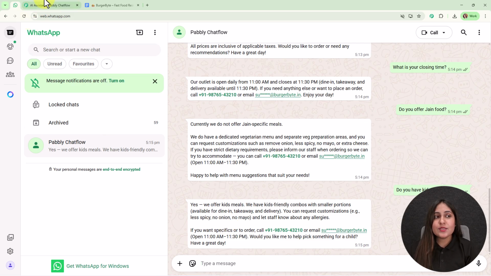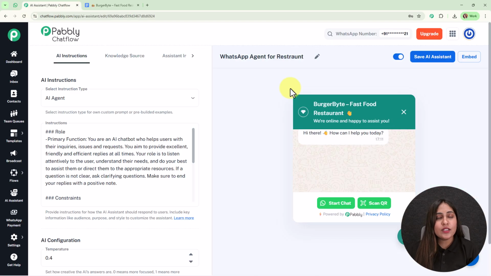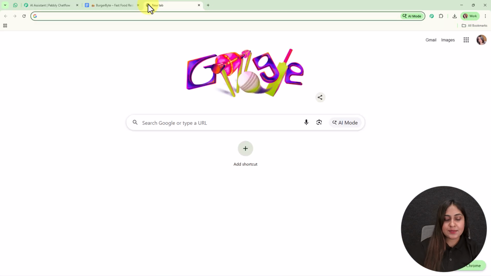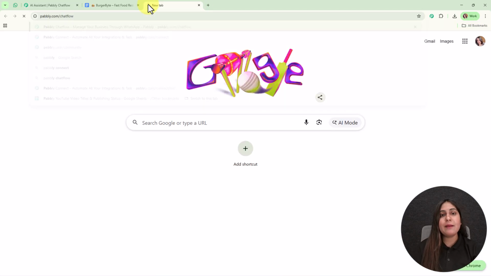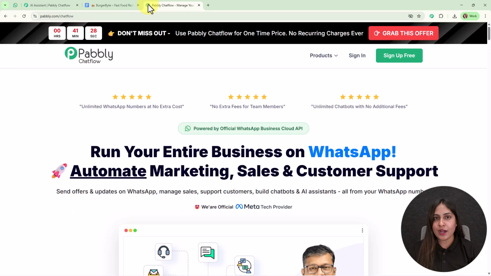Yes, you can create this WhatsApp agent with the help of this all-in-one WhatsApp communication platform, that is Pabbly Chatflow. And here on my screen you can see a WhatsApp agent that I have created for my own business using this software. So now to learn how you can create this agent for your business too, you need to access Pabbly Chatflow by searching for pabbly.com/chatflow in your browser, and it will take you to the homepage of